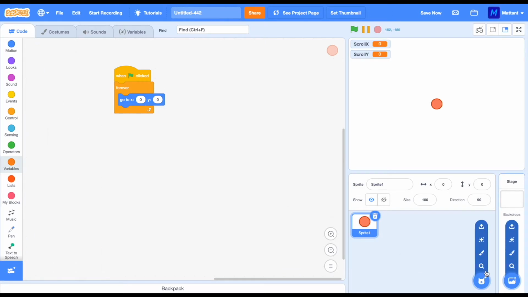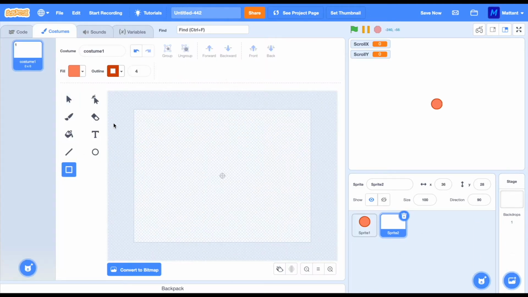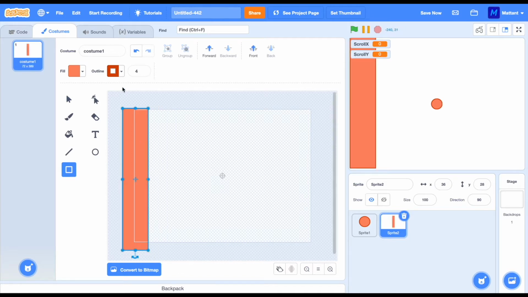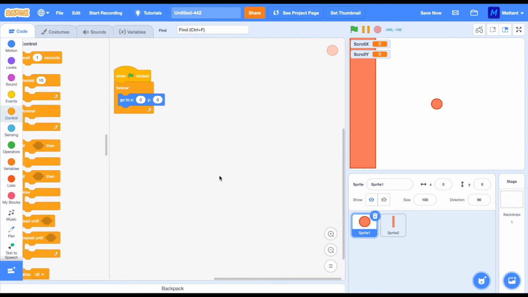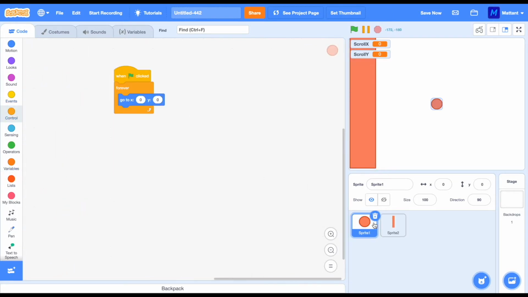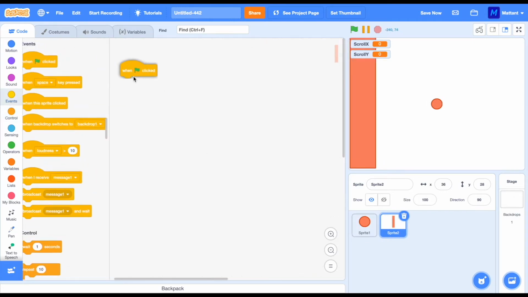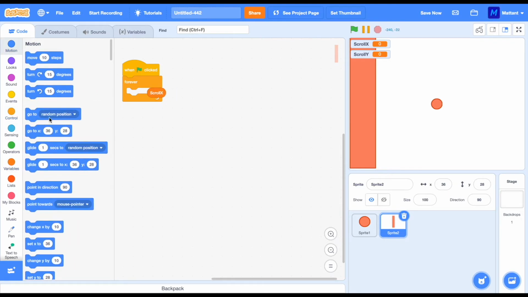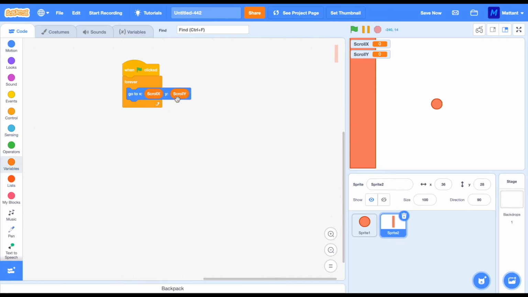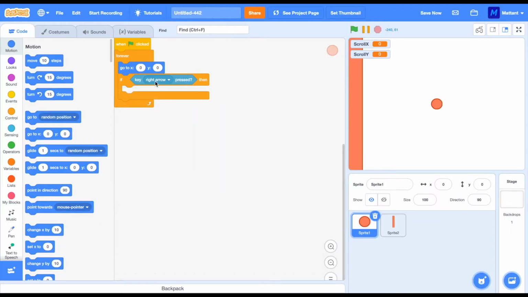Now we're going to make a new sprite. This is going to be the maze. Let's add, well, we'll do that later. And now we're just going to make it so instead of going to 0, 0, it's forever going to go to scrollX and scrollY. Okay, so now we should see that that's going to go to 0, 0, and if left is pressed, it's